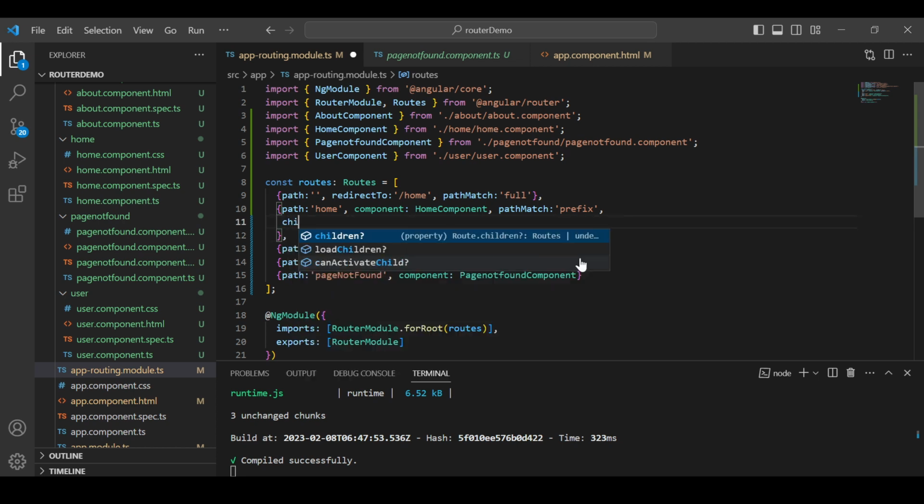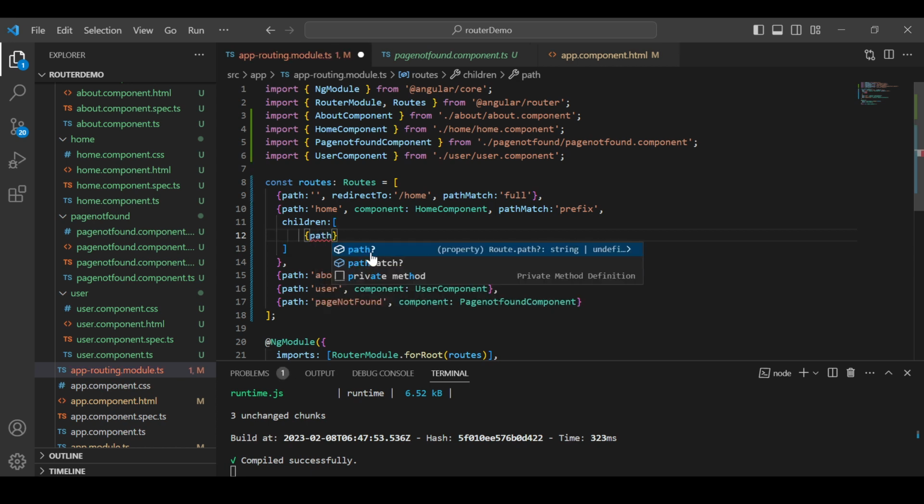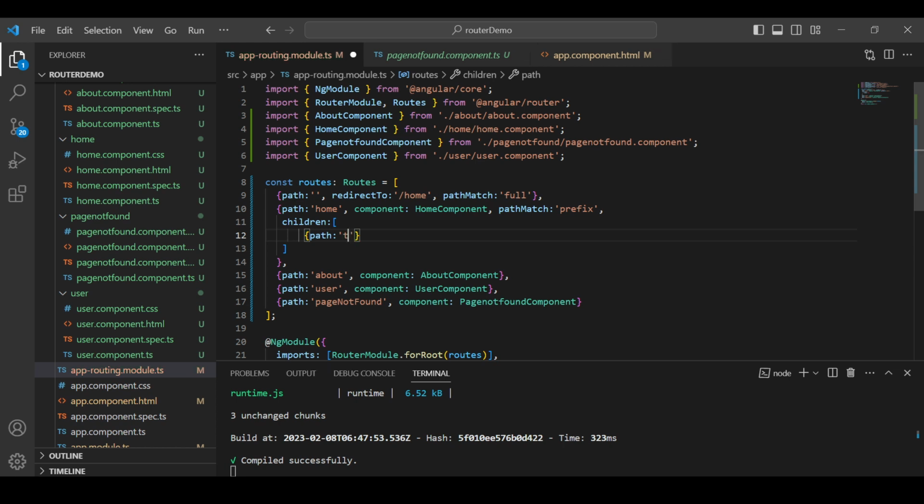I will write children first, and there also we need to specify the path. So let's make some path here. In the square bracket, curly braces, we need to say path, and suppose we set any path, maybe we will say test, and corresponding to that we need to have the component. I will cut this from here and paste it here,